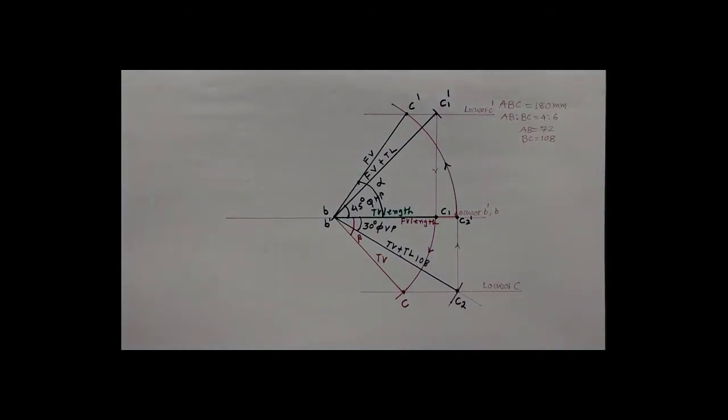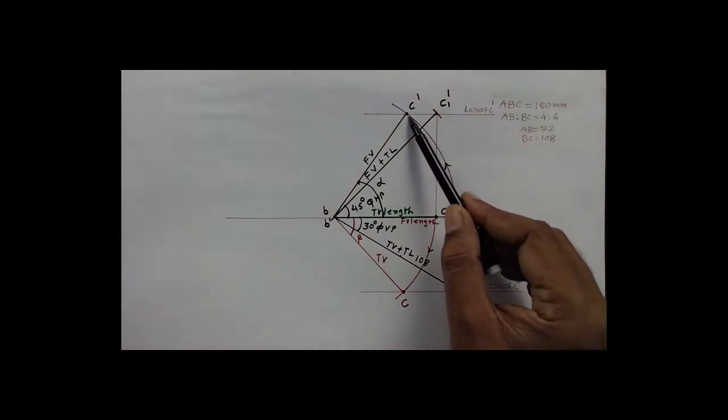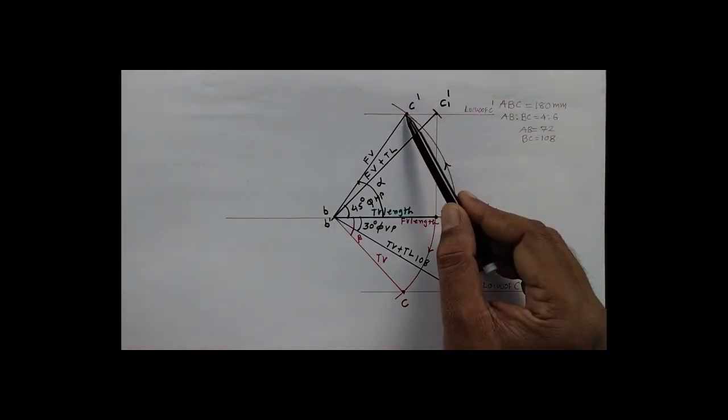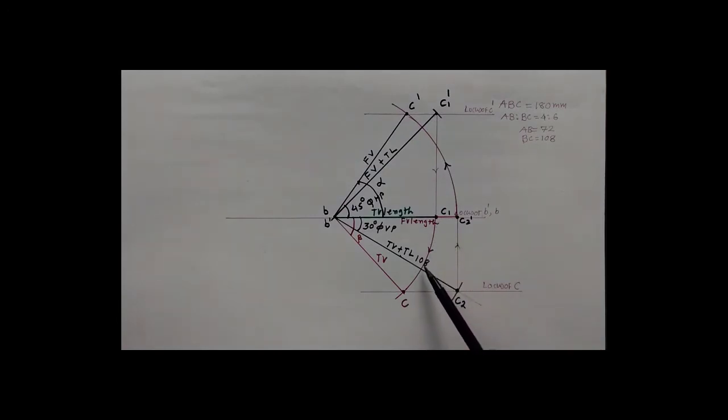So in the entire projection of a line, there are two lengths that are going to rotate, either the front view length or the top view length. If the front view length rotates, it gives your elevation point. If your top view length rotates toward the locus of the plan point, it gives the plan point C.